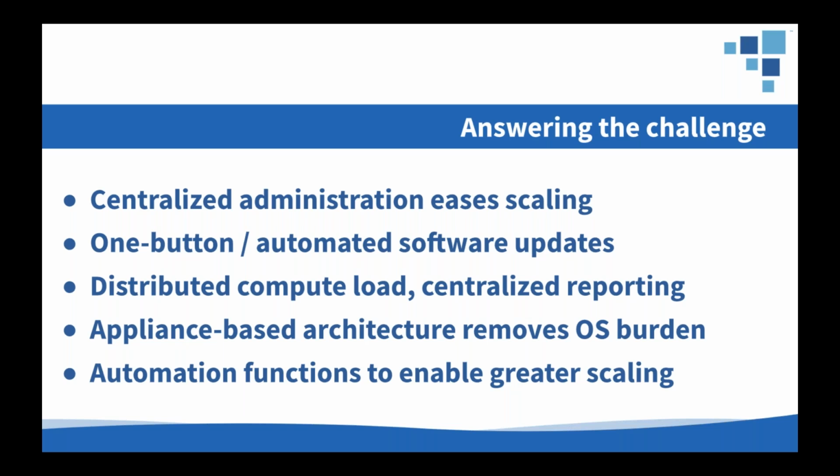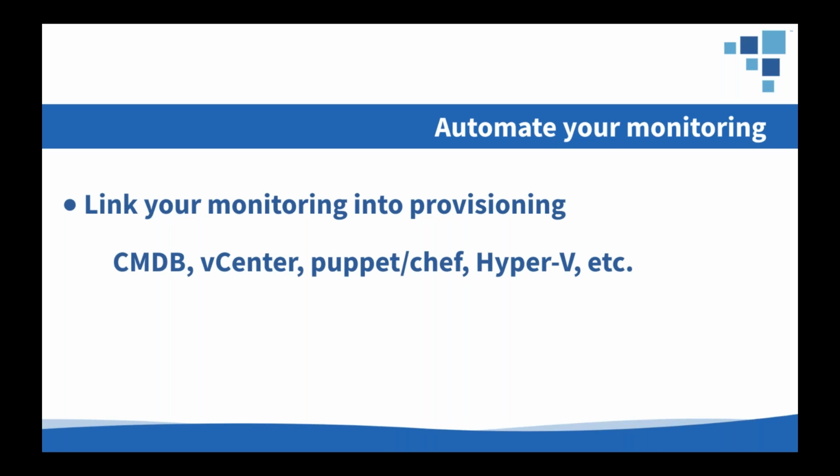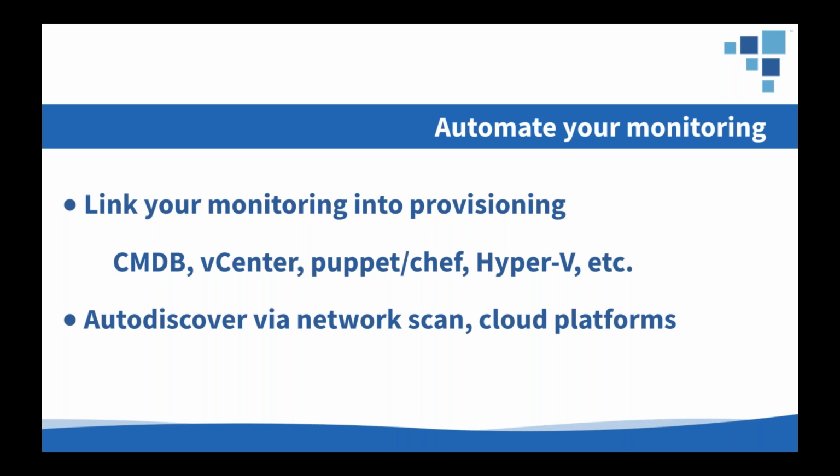So let's talk a little bit about how that automation is going to help us keep up to date. One of the keys to success in scaling is automation, because automating the monitoring lets us make sure that the monitoring system is up to date even when I'm deploying resources dynamically across thousands of locations and multiple clouds. So we have a number of different ways to do this, and we provide a number of different APIs that allow you to link things like provisioning process automation or CMDB directly into the monitoring configuration, or automatically discover resources